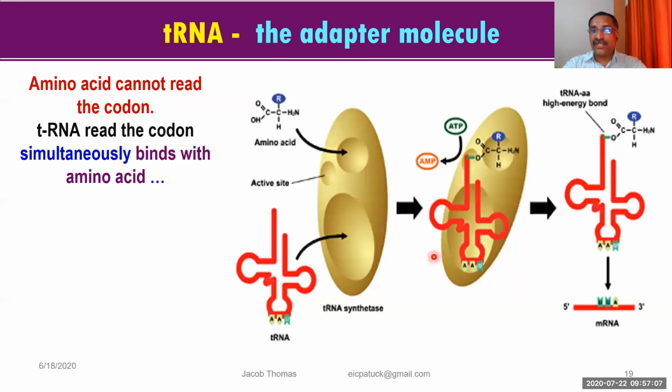And what is this termination? Once the nitrogen bases UAG or UAA, UGA, any of these codons comes, what happens? The protein synthesis gets stopped. That is what is called terminating. Or where the terminator is there, the transcription gets stopped, synthesis of protein gets stopped. So this is all called terminating. So here the correct answer is capping.